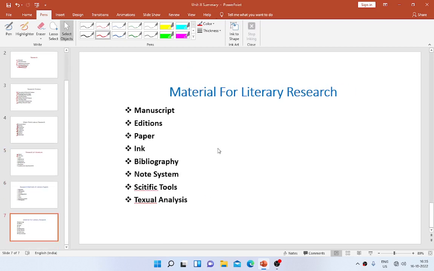Now, after that, material for literary research. So we must talk about it. First one, manuscript is there. A manuscript is the work that an author submits to a publisher, editor, or producer for publication. After that, editions are there. Printed editions are not always reliable and pose before the researcher the following issues, such as